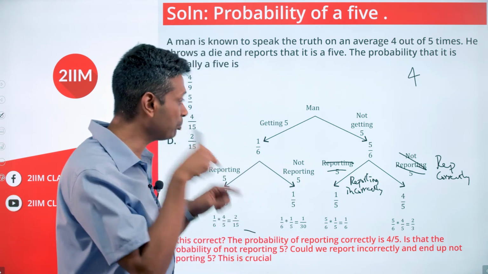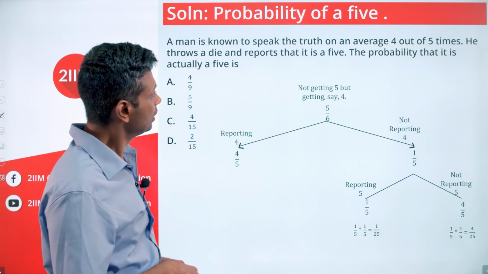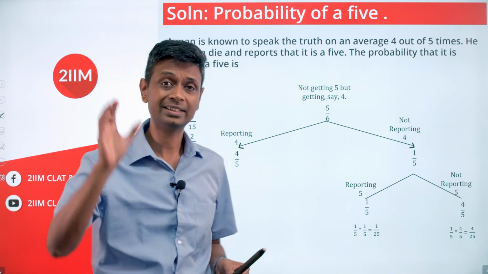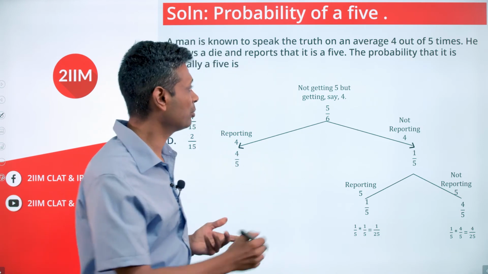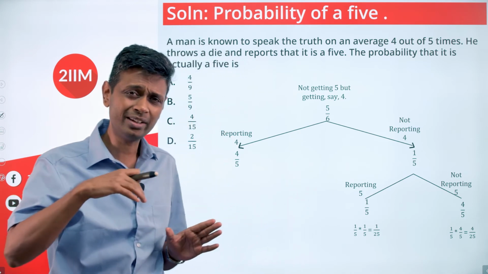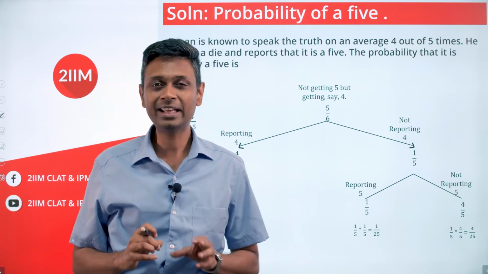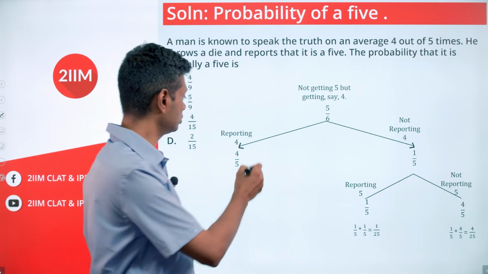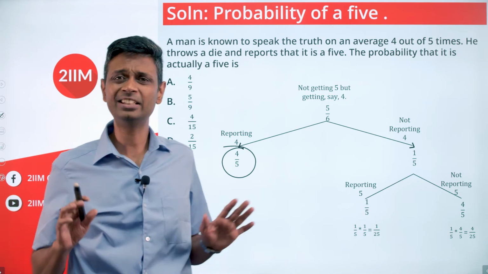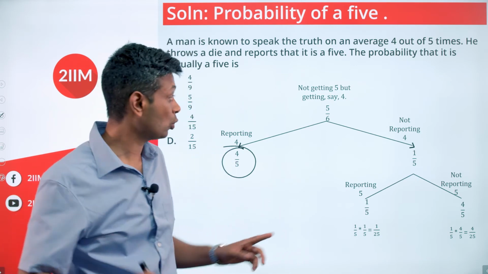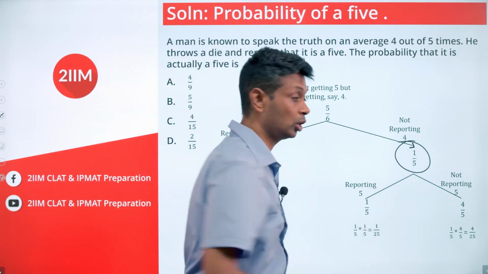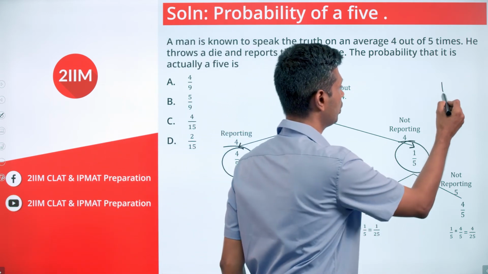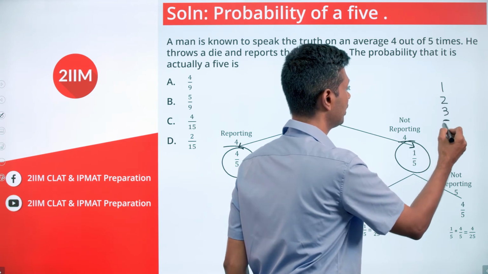So I'm going to dive deeper into that. We are not getting a 5, but say we get a 4. There's a 5 by 6 probability of that happening. That is not 5. We're thinking about only 4, it is 1 by 6. But I'm considering the not 5 category, taking one specific instance of it being 4. Right? I report a 4, that's a 4 by 5. That is easy part. I'm not reporting 4, that is 1 by 5. Good, wonderful. In this, if I'm not reporting 4, I'm reporting 1, 2, 3, 5 or 6.